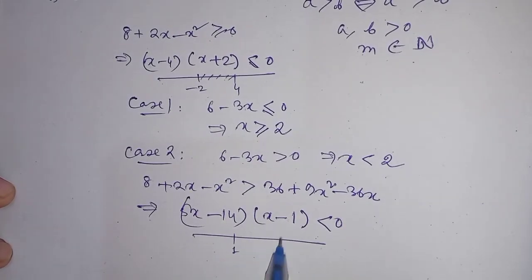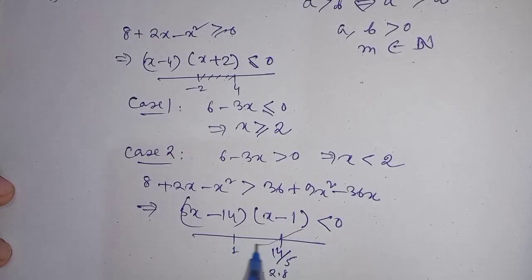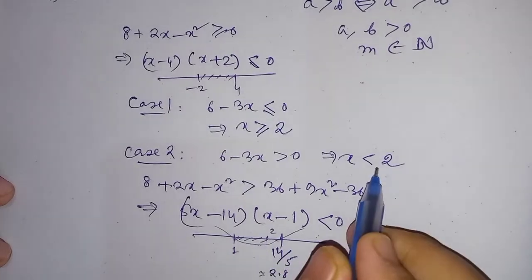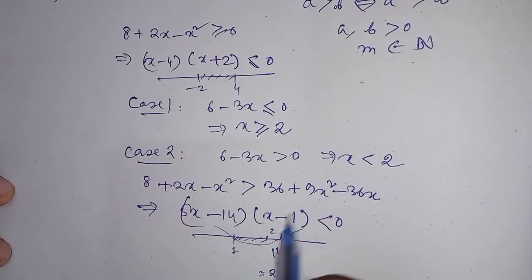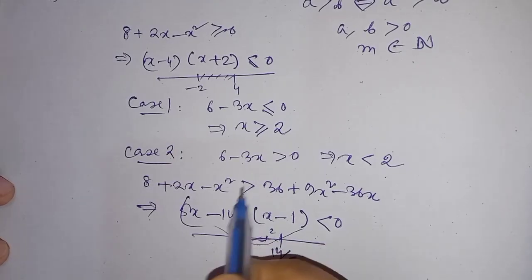So wavy curve, if we draw 14 by 5, it is exactly 2.8. So x must lie in this interval. Now say 2 lies somewhere here, and in this case we assume that x is less than 2. So our final solution for this case will be x belongs to 1 to 2,